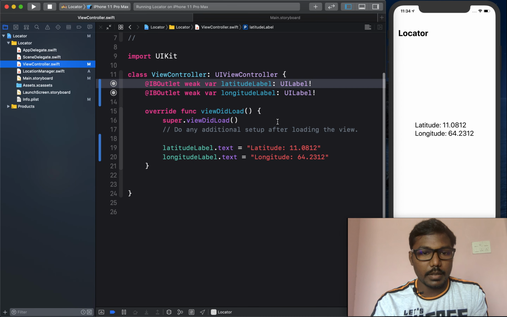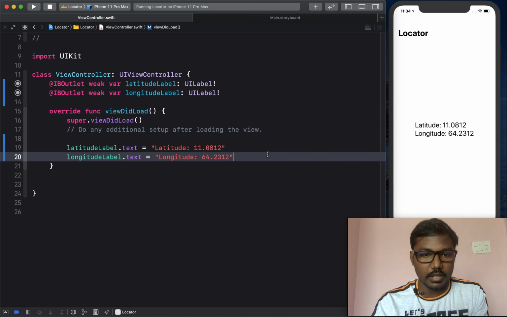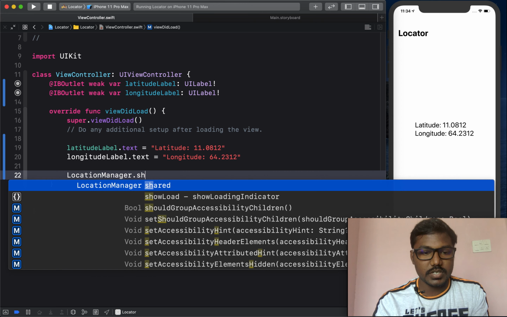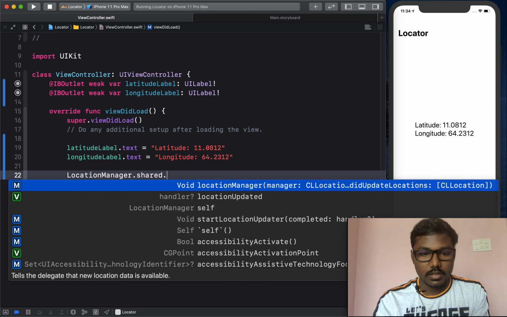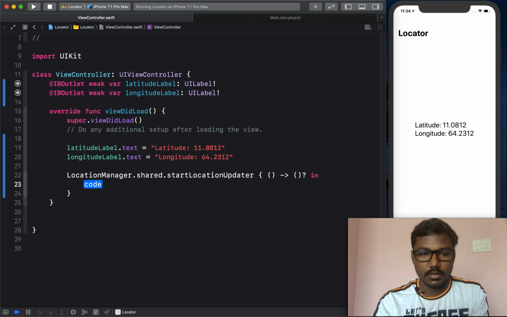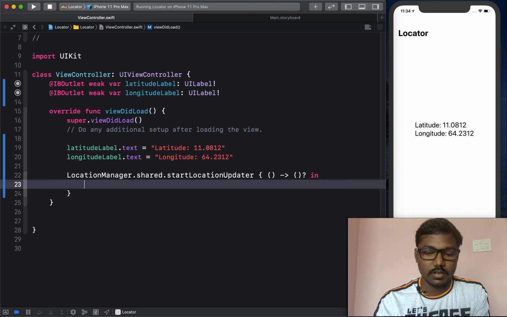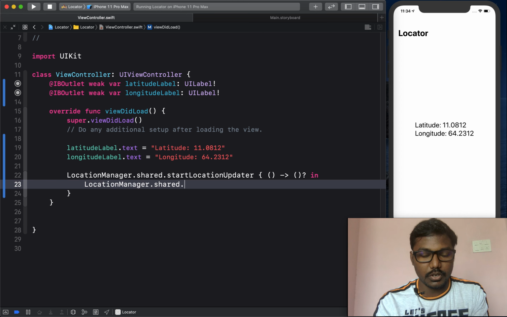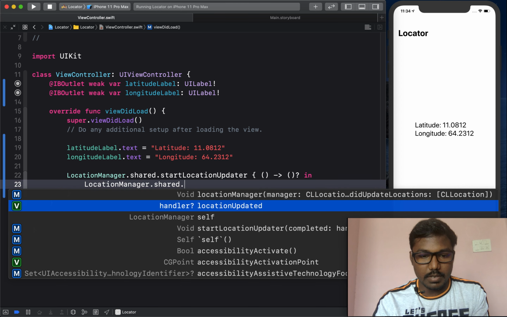Now I am going to the view controller and I implement LocationManager.shared.startLocationUpdater. Here the location was implemented. Then I am getting the current location as it is updated.